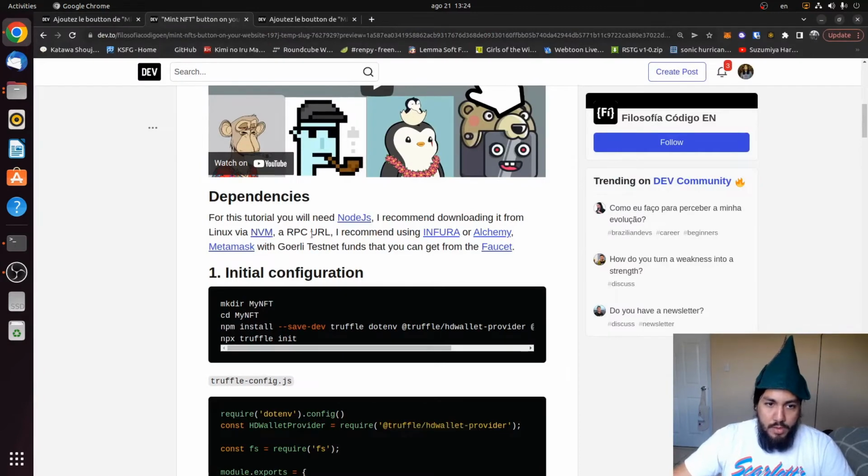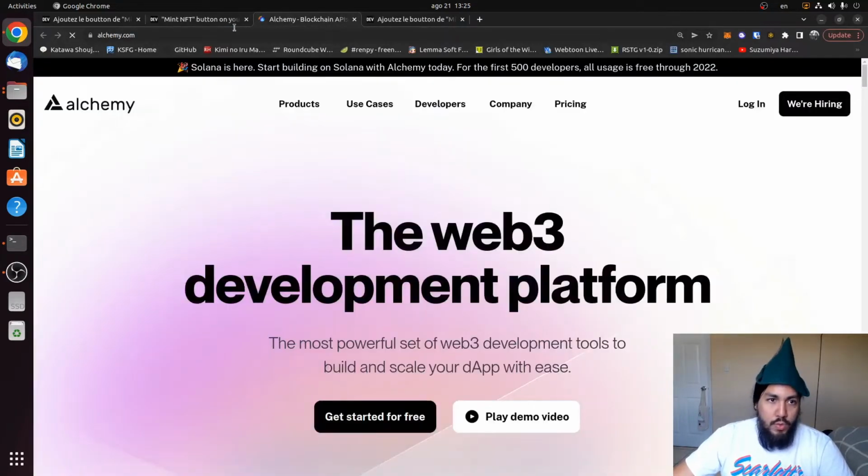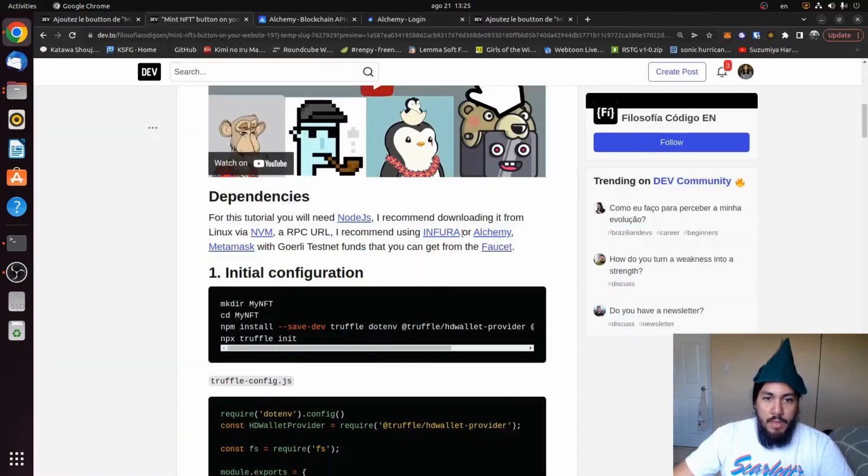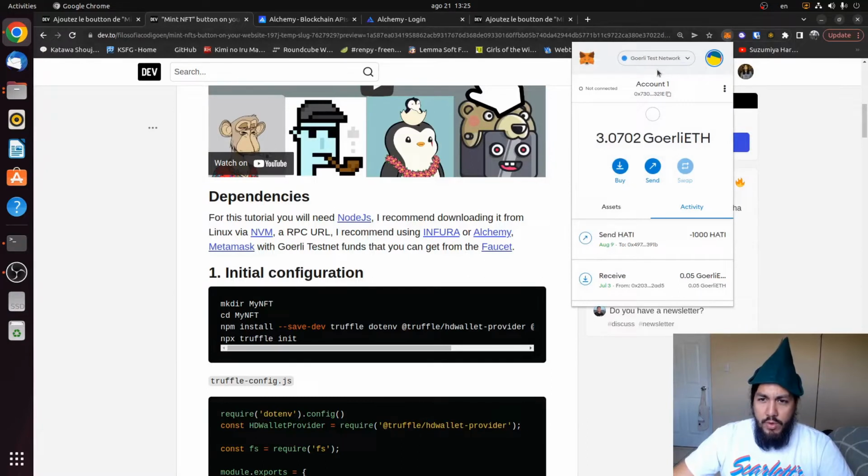We're also going to need an RPC URL, so you're going to need to create an account in Infura or Alchemy. We're going to use Infura in this video. And we're also going to need MetaMask with Goerli testnet funds. We're going to use Goerli now because